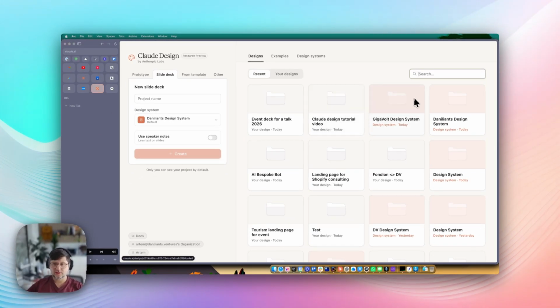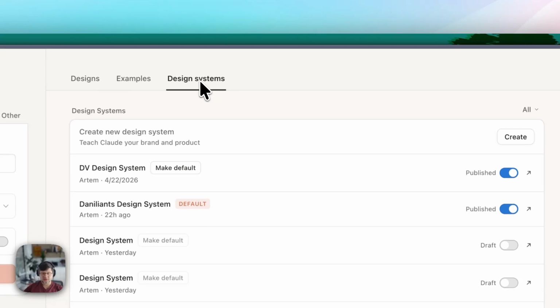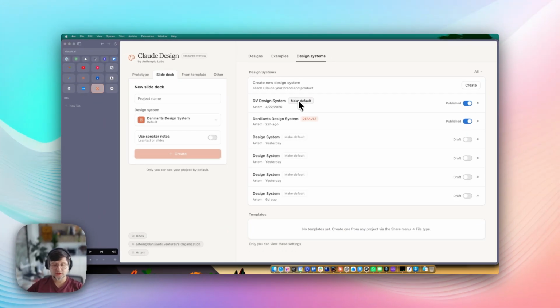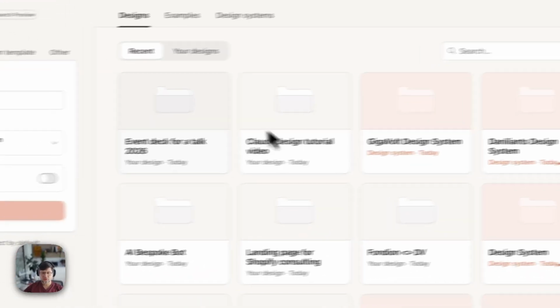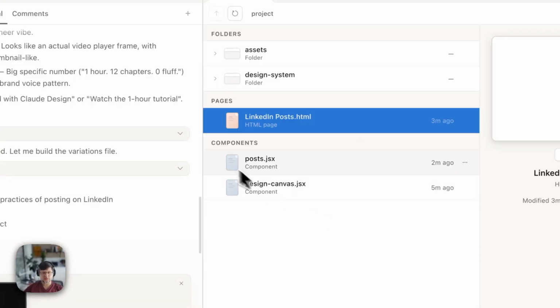So you can see ones that are kind of like reddish, those are design systems, and the gray ones are just regular projects. And you can see here your design systems. You can change which design system is default here. You can also unpublish design systems. You can create them, and you can also click here to open design systems so that you can make potentially changes or preview elements. So now let's go to Claude Design tutorial